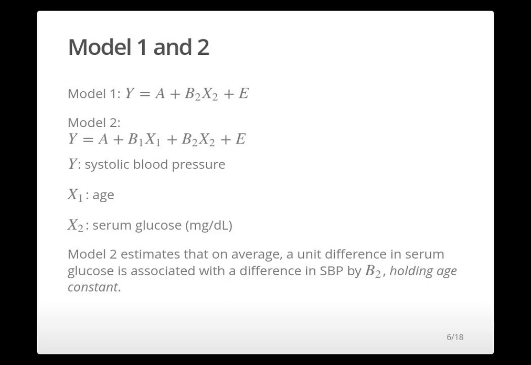Suppose that the value of X1 changes when the value of X2 changes. Then, when the value of X2 increases by 1, the corresponding change in Y may not be B2. Again, if X2 increases by 1, Y increases by B2, as far as X1 remains constant.